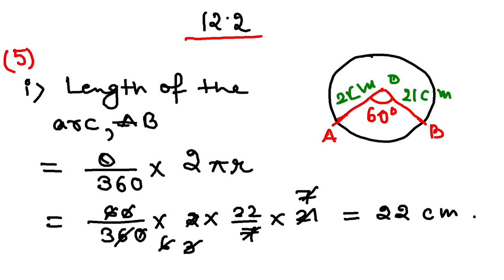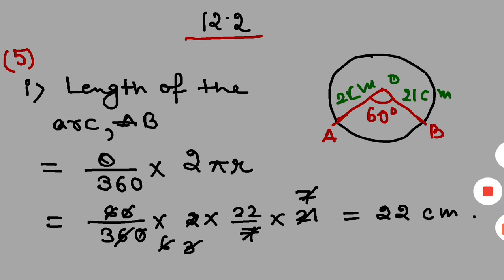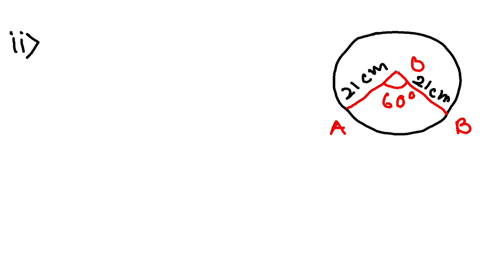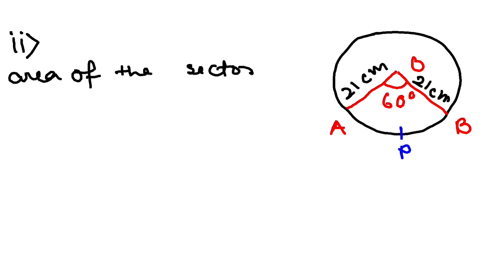Now let's try to solve the second part. Now in the second part, you have to find the area of the sector formed by the arc AB. So let me name the sector. Your sector will be now OA, let me take another point here, P, B, isn't it? So area of the sector, you have to find the area of the sector OAPB.